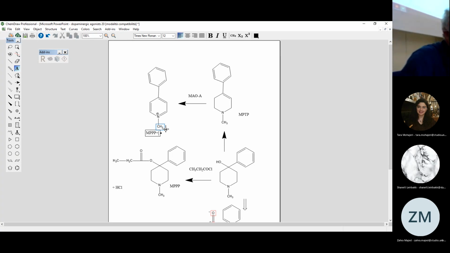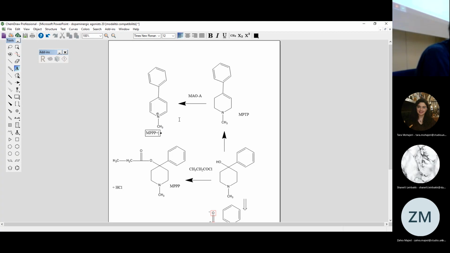This means methyl, once again P, phenyl, once again, and PP is pyridinium. Pyridinium means a salt of pyridine. This compound, this MPP+,